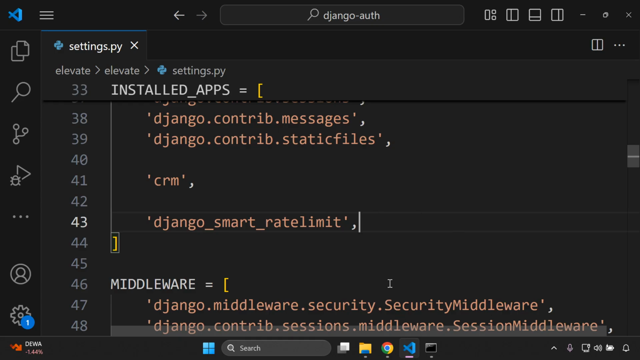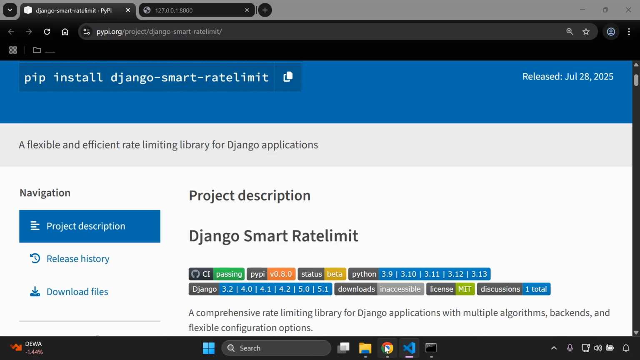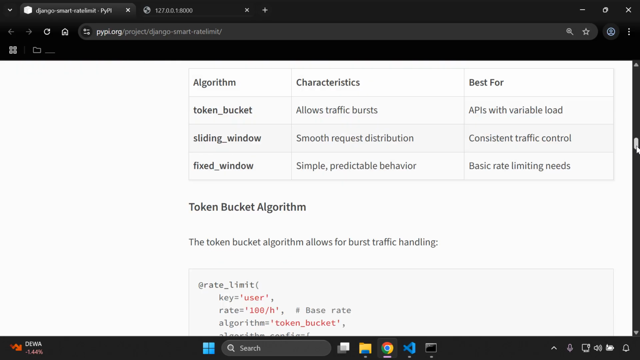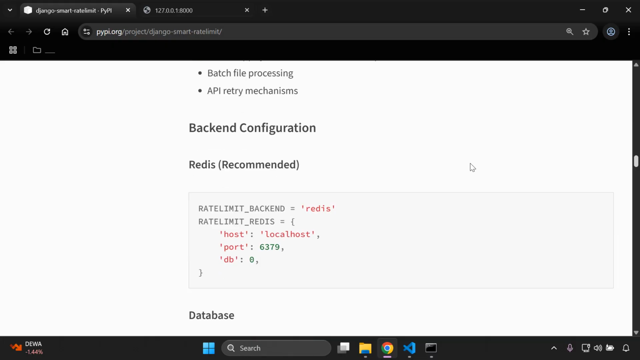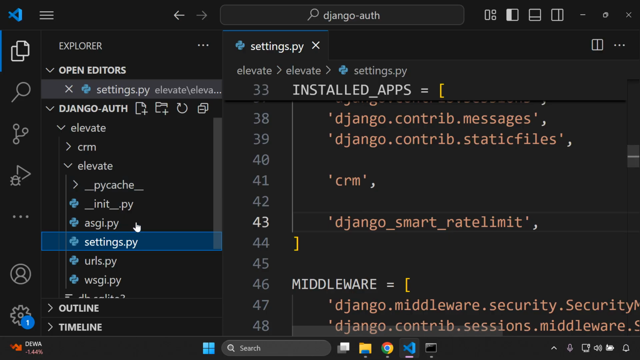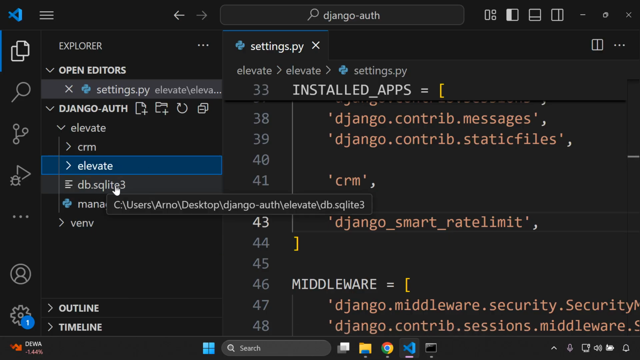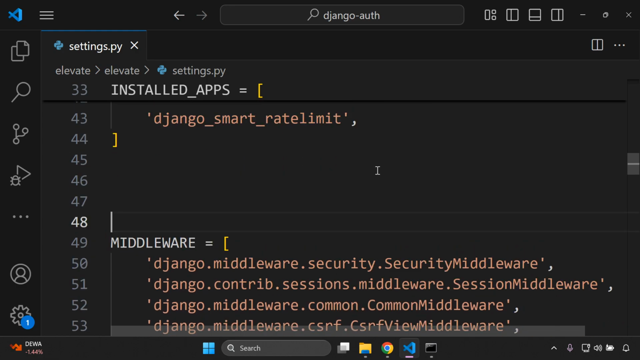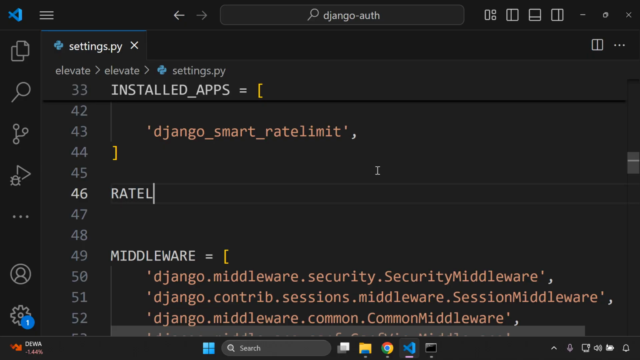Okay, then what you want to do is set up your rate limit backend. Now, according to the documentation, if you want to go a little bit more advanced, you can set this up with Redis itself. So if you want to utilize Redis, you can set up that configuration. But to begin with, I'm just going to keep it simple, and we're going to use our default SQLite database here just as a test for now. So we can say RATE_LIMIT_BACKEND, and we can just set that to database, and that's going to sync with our SQLite